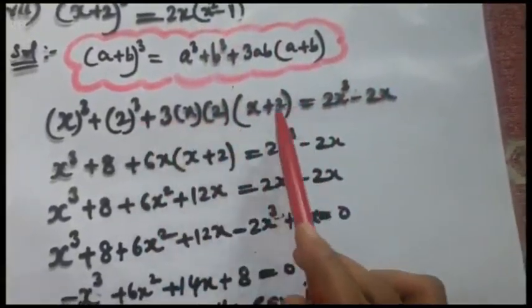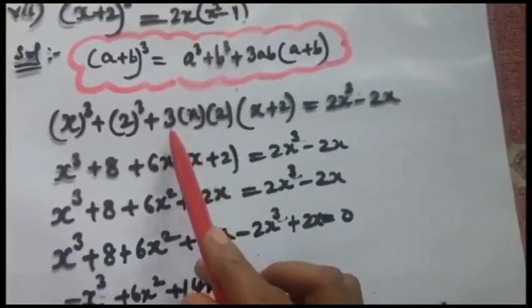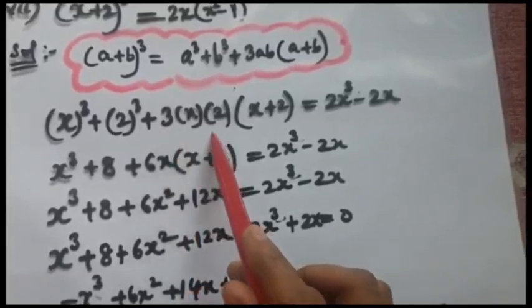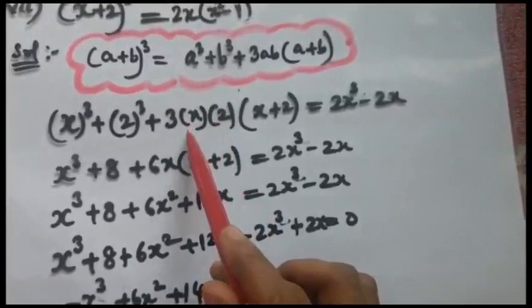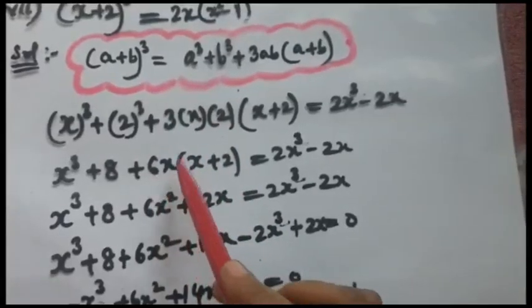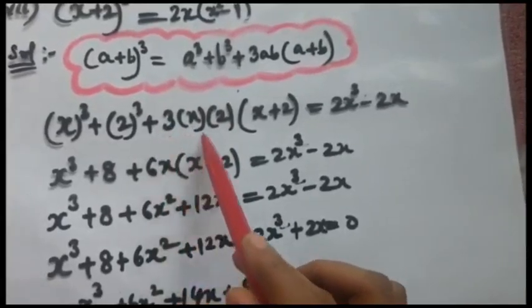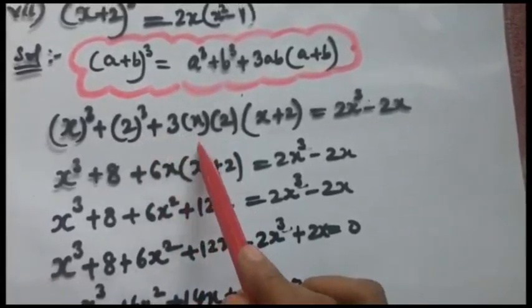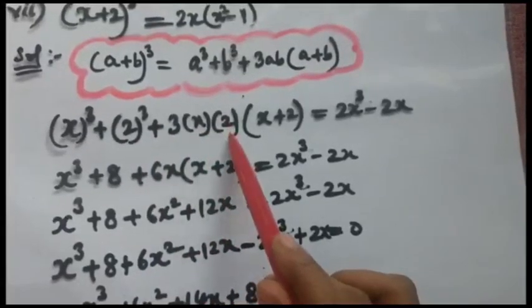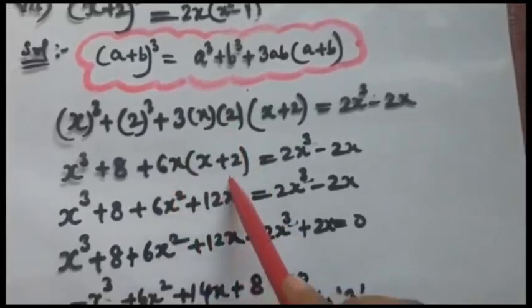So on the whole simplification I just want to bring it to your notice that when you multiply this, it is nothing like 3 2s are 6, and 6 into x is 6x. So don't get confused what to do with this. Whenever there is no sign between the brackets, it means they are in multiplication. 3 into x is 3x, 3x into 2, 3 2s are 6x into (x + 2).